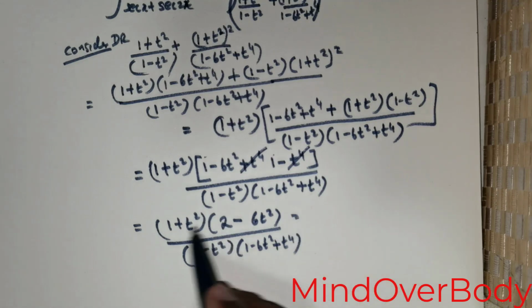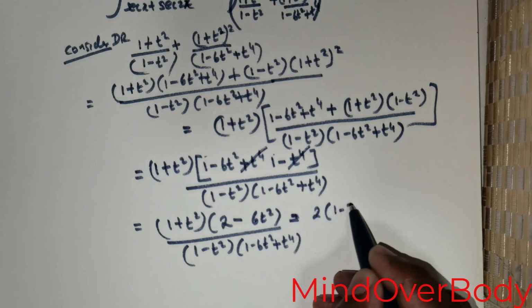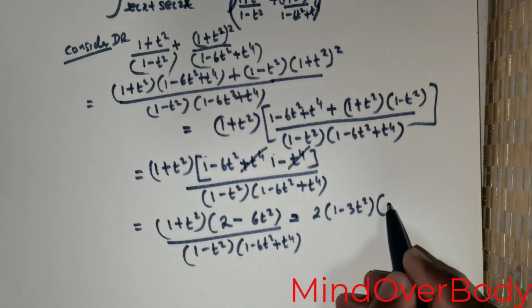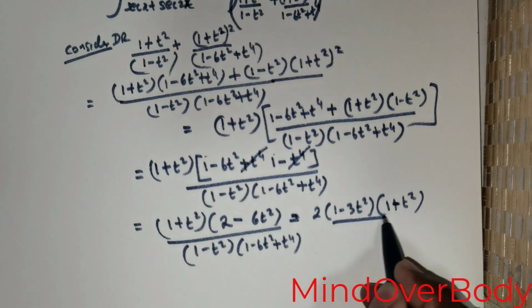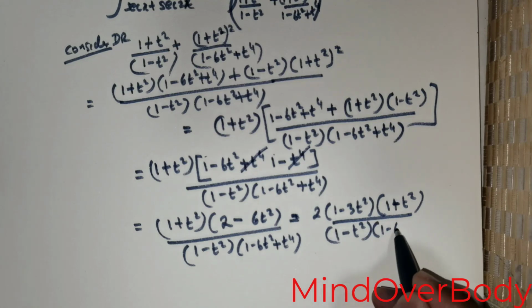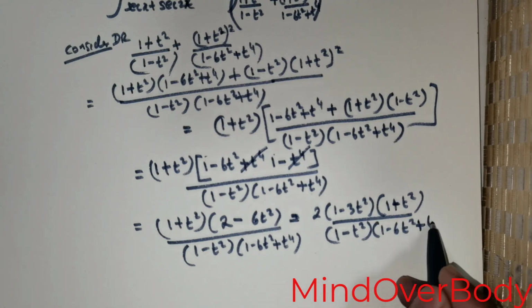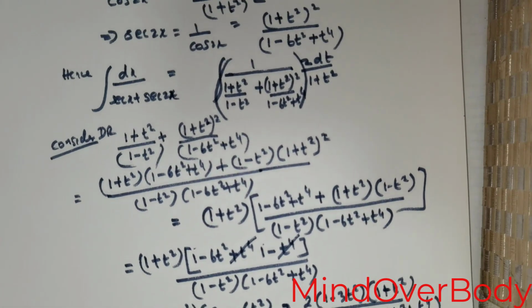Now what I can do, I can take a 2 out. If I take a 2 out, this is going to be 2(1 − 3t²) times (1 + t²) divided by (1 − t²) times (1 − 6t² + t⁴). So all of these things are